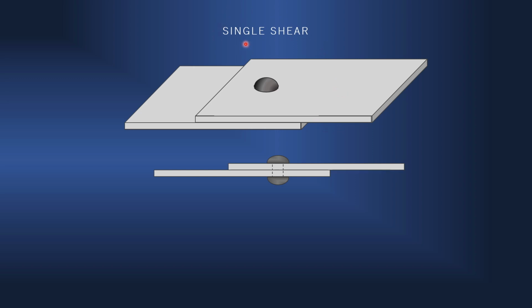Now try to understand what is single shear. Let's assume that this joint is acted upon by force P. But these two plates are not moving away from each other. That is because of this rivet. So up to a certain limit, this joint will be intact. Now try to understand what force this rivet is experiencing. The upper half of the rivet, because it is in contact with the upper plate, is experiencing force P in this direction. The lower half of the rivet is experiencing force P